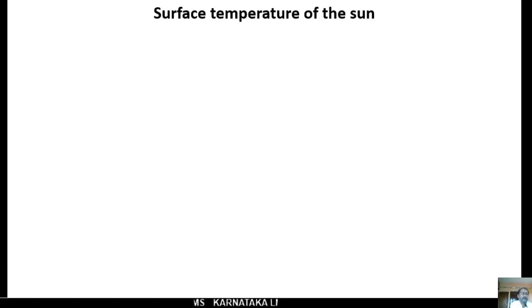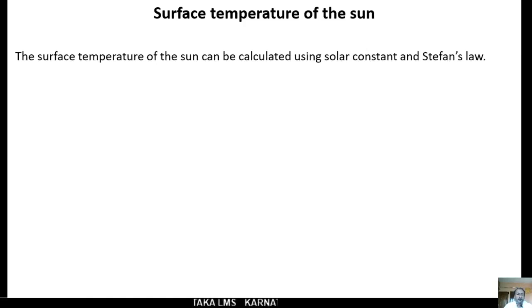Now we switch over to surface temperature of the sun. The sun consists of a central hot portion surrounded by the photosphere. The central portion has a temperature of the order of